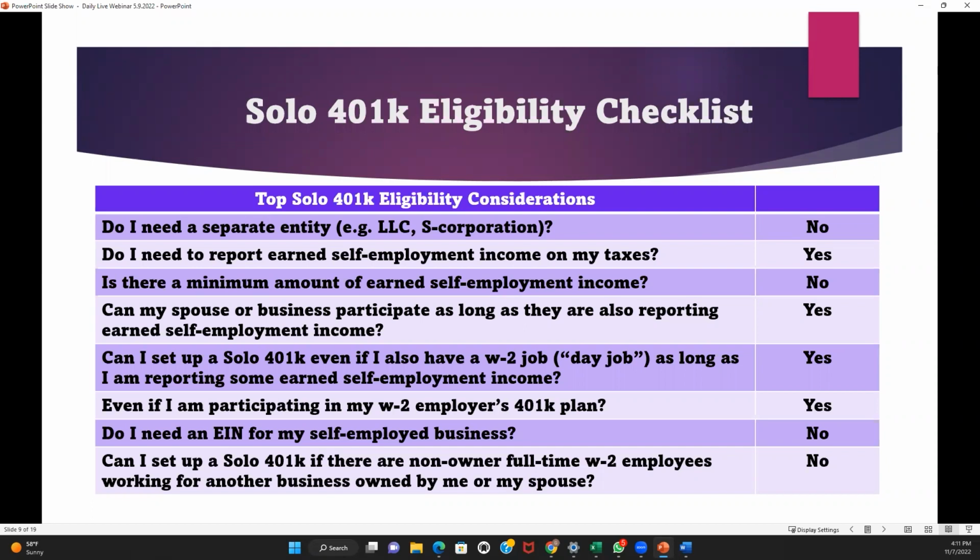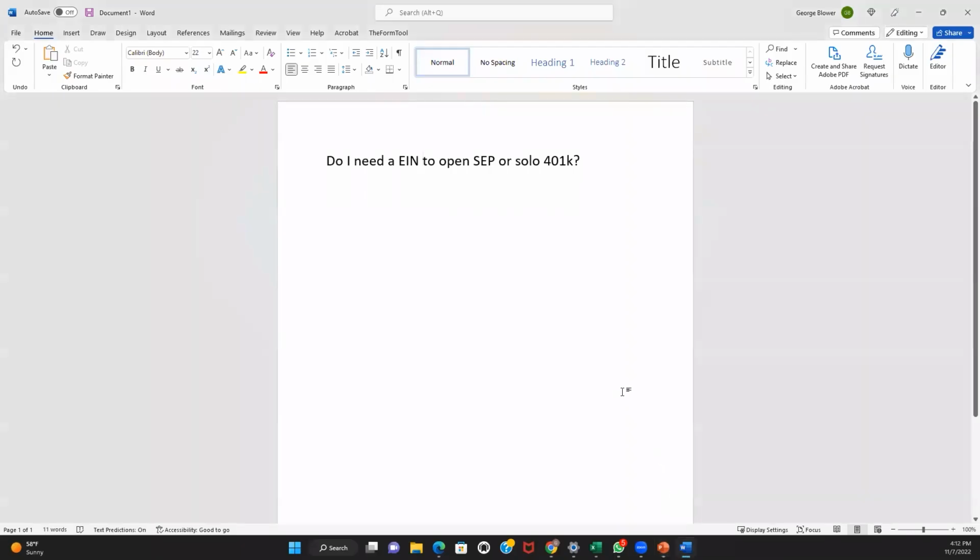So to take a simple example, let's assume that someone sets up a solo 401k and then opens up a bank account for their solo 401k. And they might be invested in a certificate of deposit, or it could otherwise be an interest-bearing account. So now the bank is going to have to issue a 1099 INT to report the interest earned. So by obtaining a separate EIN for the plan, which is then used to open up the bank account for the solo 401k, the bank will issue that 1099 INT under the EIN of the plan,